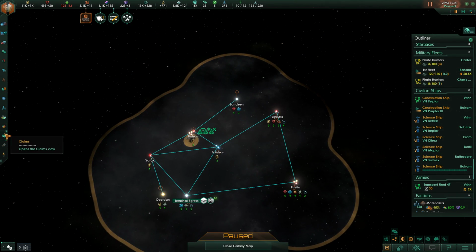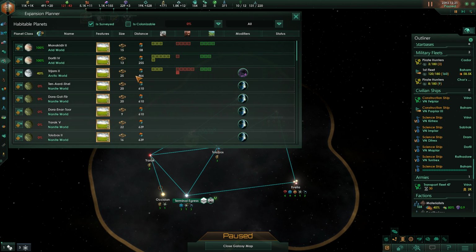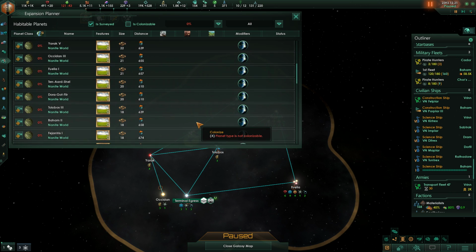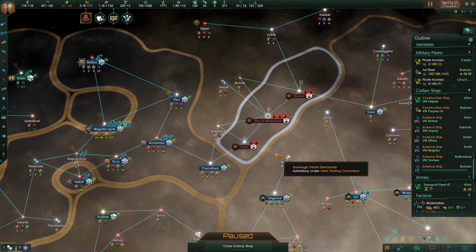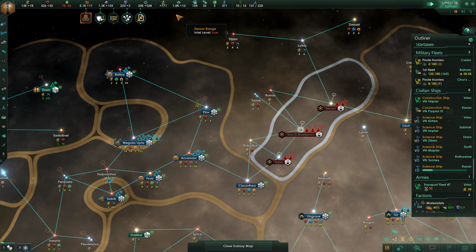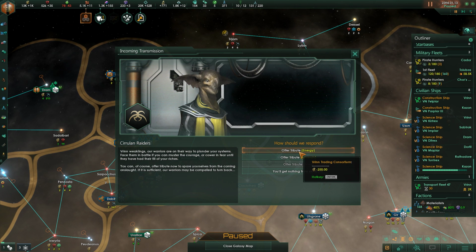If I look at my... where is it? I never use this. The expansion planner. Here's all the worlds that I potentially could expand to. 25, 23, 22, 21, 21, 20, 20. And these are all the nanite worlds. There is an Arctic world at Trijim here that's a 25 sizer. But as I said, I'm going tall. We're already pretty well over our admin cap, so...